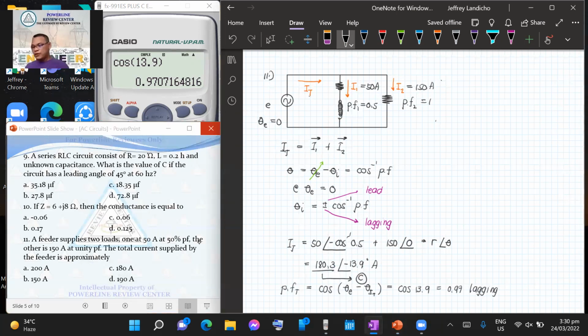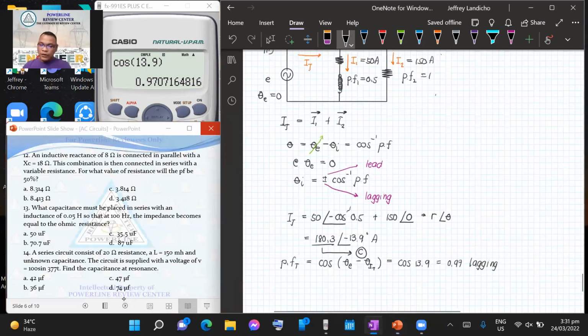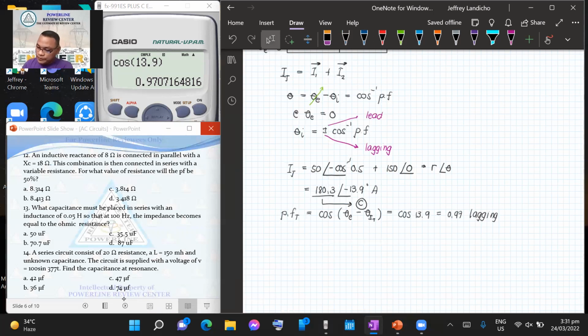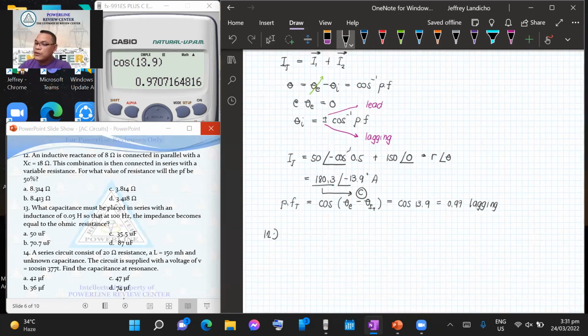Okay po ba? And question regarding problem number 11. So you want to let us try number 12. So for number 12, again, we have inductive reactance of 8 ohm is connected in parallel with capacitive reactance of 18 ohms. The combination is then connected in series with a variable resistance. For what value of resistance will the power factor be 50%? So kung kukunin natin yung equivalent circuit ng problem,